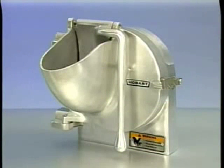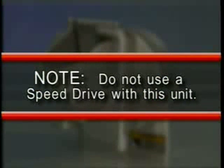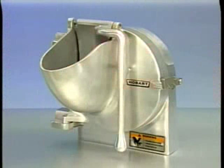This attachment may be powered by mixers, food cutters, or power drives. In this case, we are using a Hobart H600. Note: do not use a speed drive with this unit. Remember to be sure to use fresh, cool, and crisp products when using the VS9. The following products may be diced using a quarter-inch dicing grid: